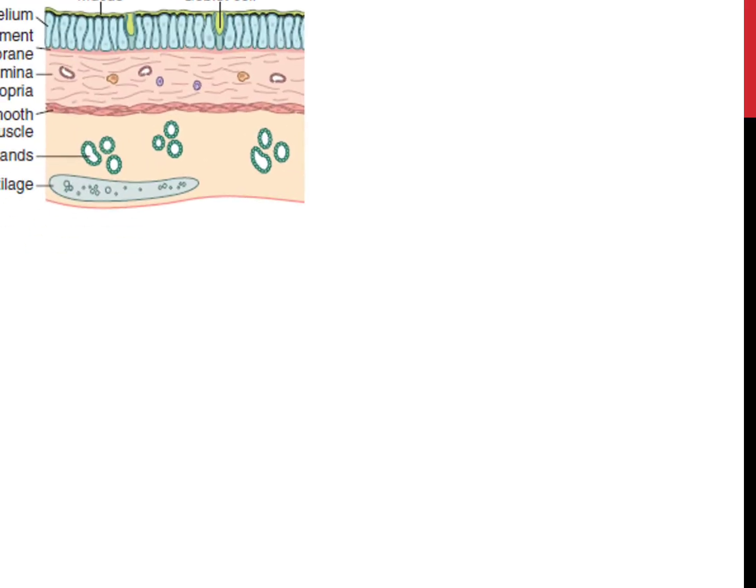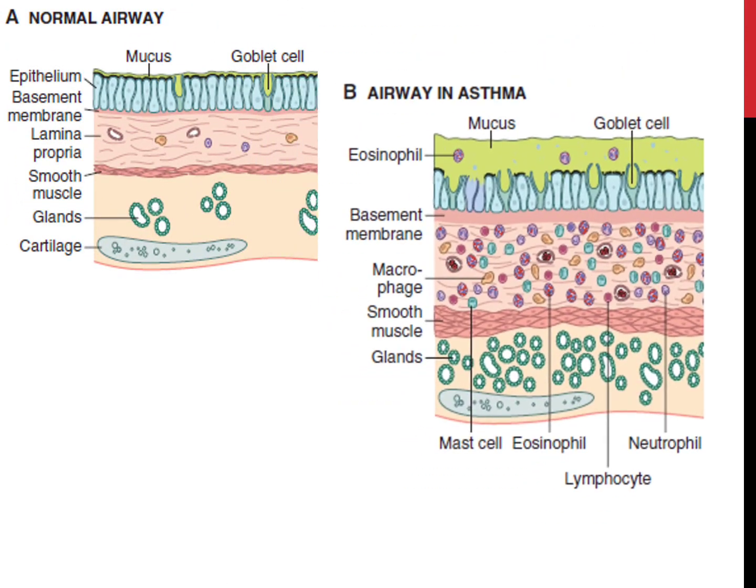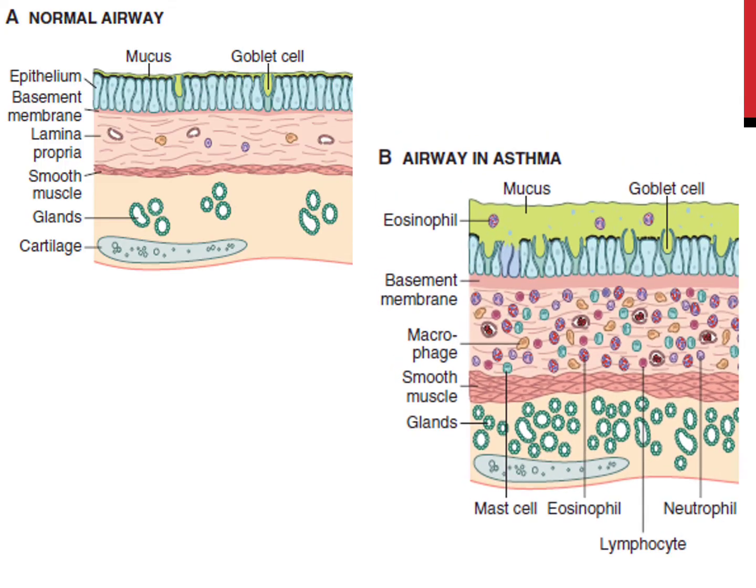This figure shows a comparison of normal airway to the left and an airway involved by asthma to the right. As you can appreciate in the right figure, there is a green layer of mucus overlying the surface epithelium. Asthmatic airway is marked by accumulation of mucus in the bronchial lumen. Usually this happens secondary to the increased number of the mucus-secreting goblet cells in the mucosa and hypertrophy of the